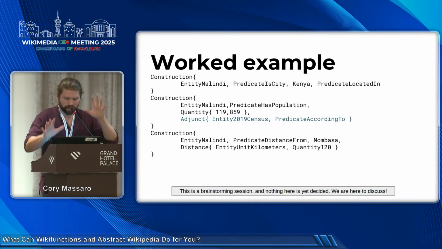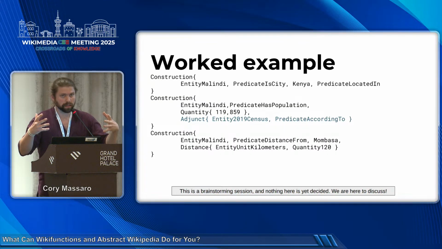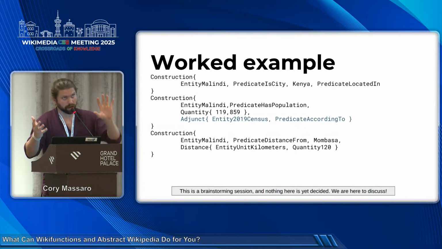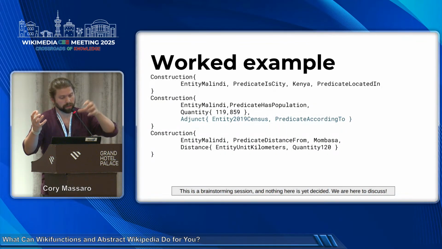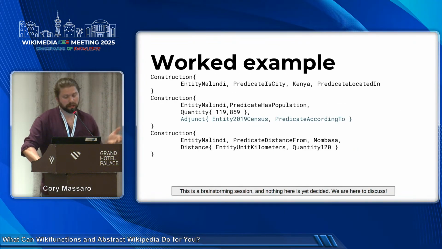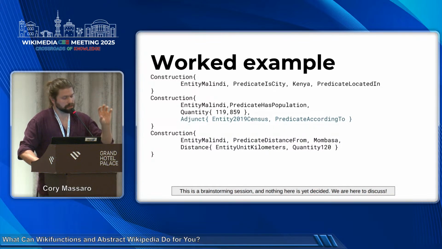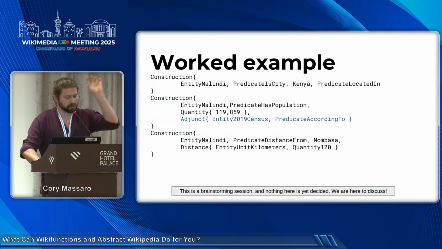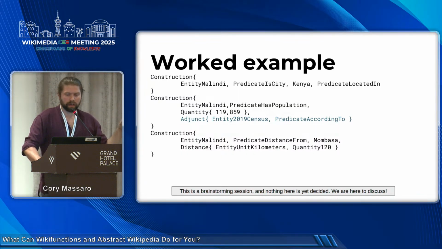I don't want to dwell too much on this, because this is what is still being worked out and discussed, and an area of active debate for those who are interested in natural language generation. But we're thinking about how you represent these facts in ways that are cross-linguistically useful. Within the field of natural language generation, there are a lot of ways to do this. At the end of the day, you need some kind of representation of the semantics. So you need to know, okay, there's something called Malindi, there's something called Kenya, and you have some predicates.